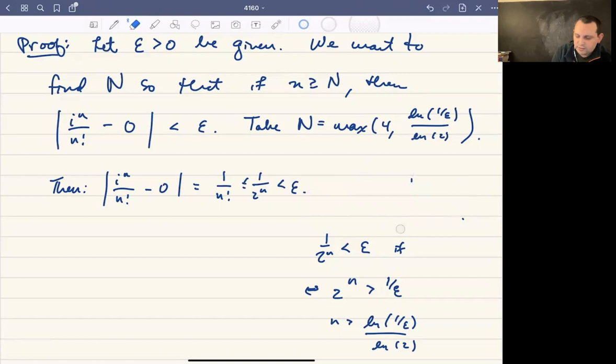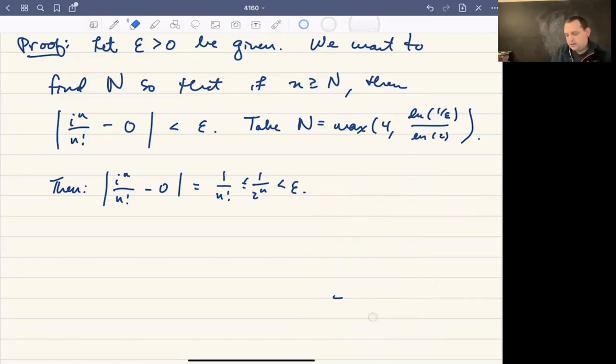I don't actually care about whether capital N is an integer or not. I can't remember what the book said about whether capital N is an integer or not, but it doesn't matter, because what we're saying is that eventually the sequence is such that the terms minus the limit are as small as you want them to be. So if this happens when capital N is, say, 25.4, say for all little n greater than or equal to 25.4,